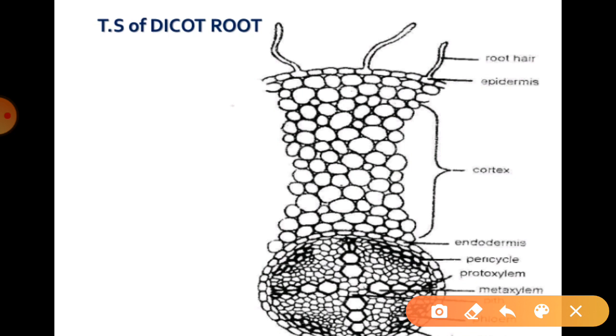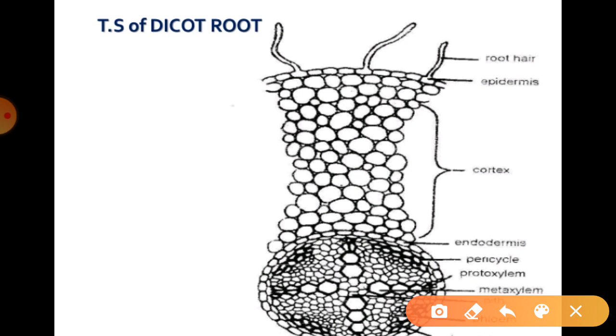And later we can say the meristematic formation of vascular cambium occurs, and the phloem tissues conduct organic food from the leaf to the other parts of the plant. Secondary growth occurs in the dicot root. Even in the center region, a pith region is also found over there. It is generally absent or small in the dicot root, right? It consists of parenchymatous cells and functions as a store of food.